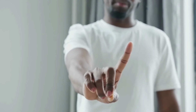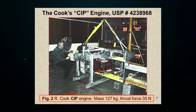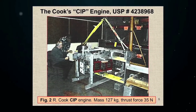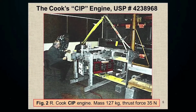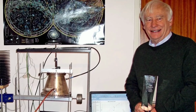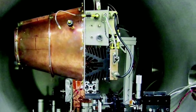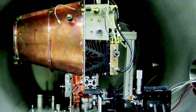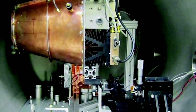Proposals for propulsion-free vehicles like helical aren't exactly new, though. Robert Cook, a U.S. inventor, patented an engine in the late 1970s that allegedly turned centrifugal energy into linear motion. Then in the early 2000s, British inventor Roger Shawyer suggested the previously mentioned EM drive, claiming that trapped microwaves might be converted into thrust. No idea has been proven conclusively, and both are widely believed to be impossible due to a violation of a fundamental physical rule, the conservation